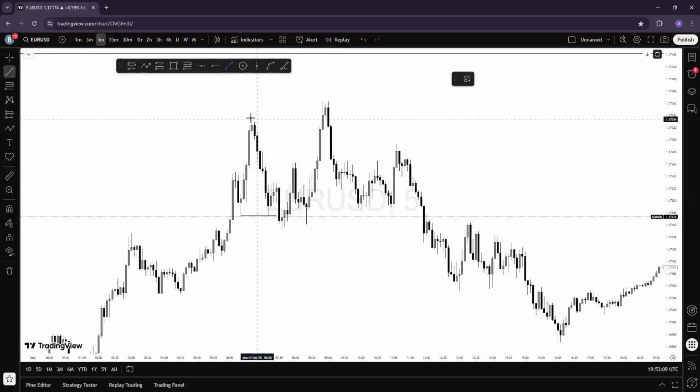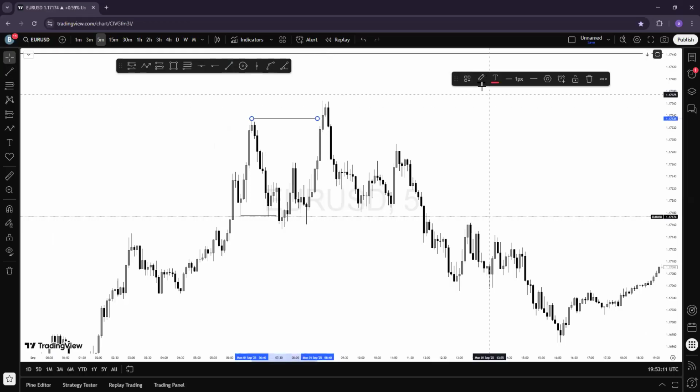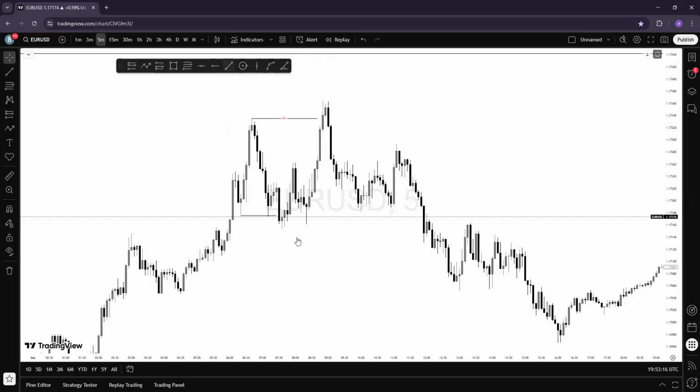And then the market broke structure here, so this is our BOS. And then we have a change of character here, which we call CHoCH or MSS, so you all know the name given to it. But then, yes, this is a demand level that is supposed to buy.